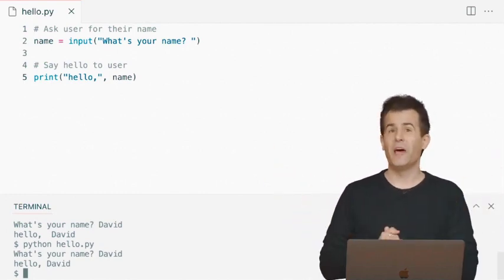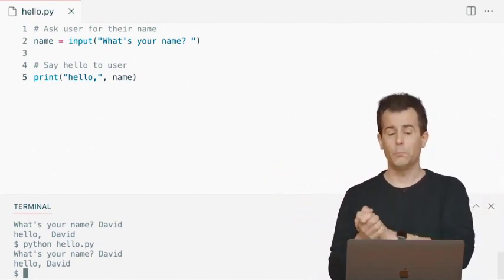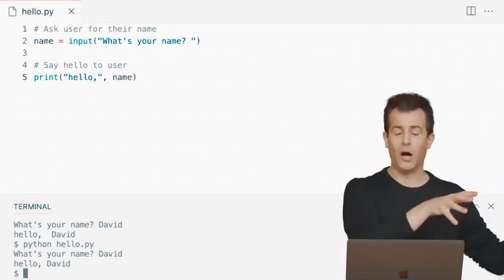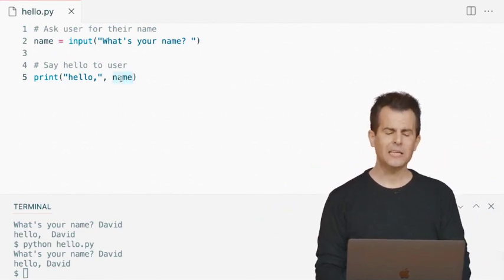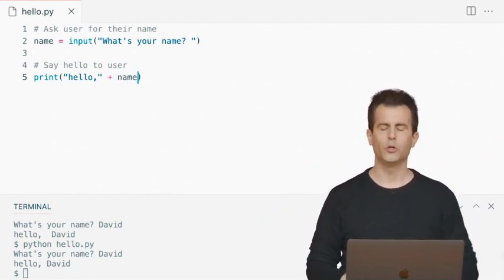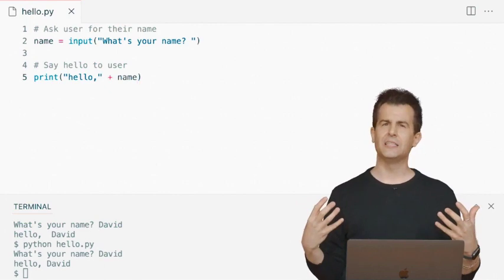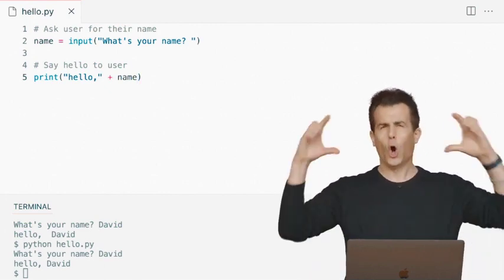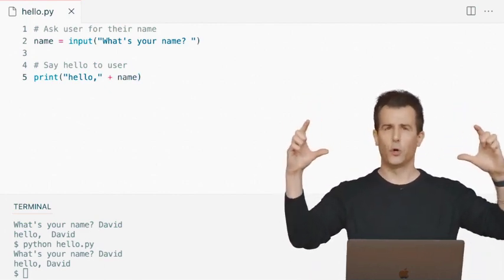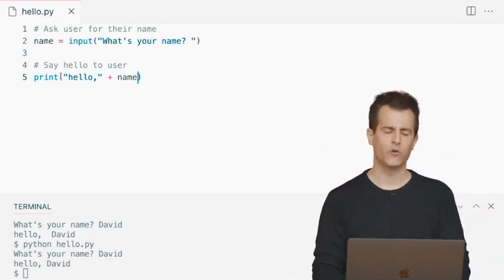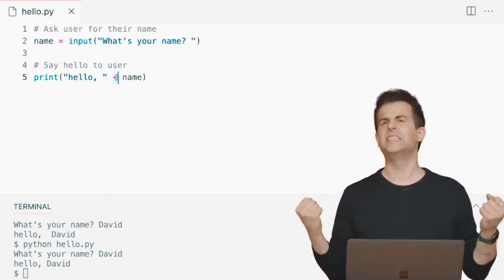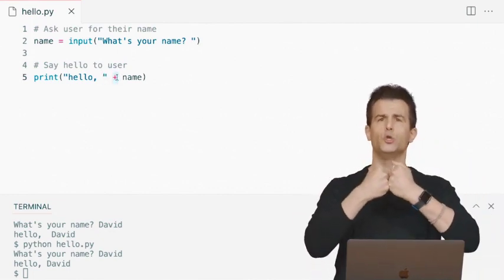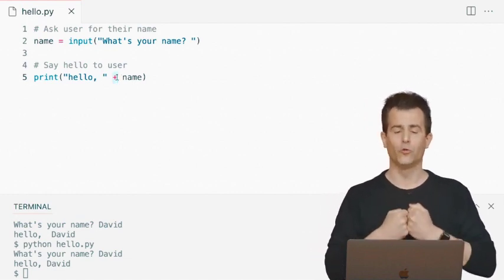Now, which of these approaches is better? This approach uses a function print with two arguments, hello, comma, and the name variable. The previous version, recall, technically used one argument, even though it looked a little curious. It's one argument in the sense that the computer, just like mathematicians, is going to do what's inside of parentheses first. So if inside of parentheses you have this string of text, hello, comma, and a space, which I need to add back, then you have a plus, which means not addition per se, but concatenation, to join the thing on the left and the thing on the right.